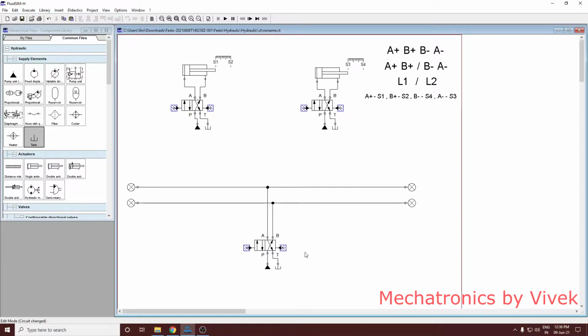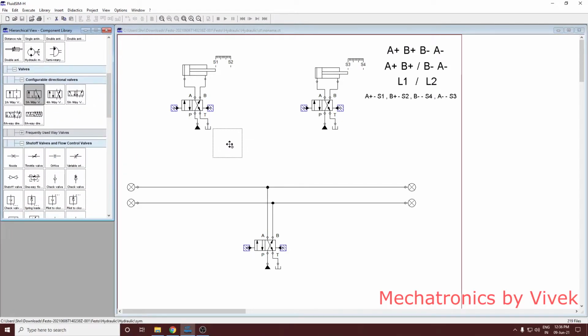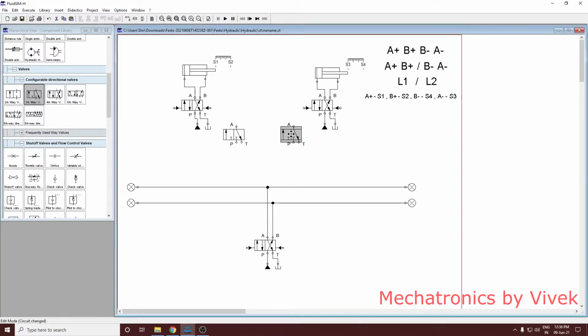Now apart from these requirements, you need limiting valves or sensors, for which you can choose 3x2 valves. How many do you need? You need 4, because there are two cylinders, and ideally per cylinder you should use two valves. We will place two valves above the pressure lines and two below the pressure line. This is just for the sake of convenience.